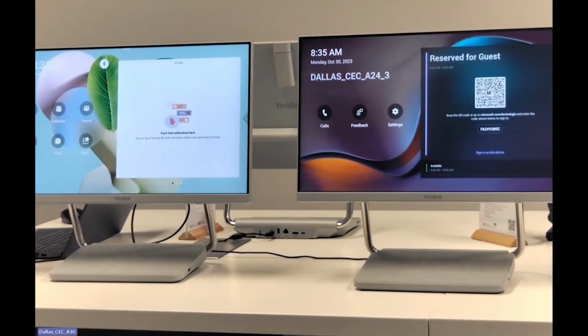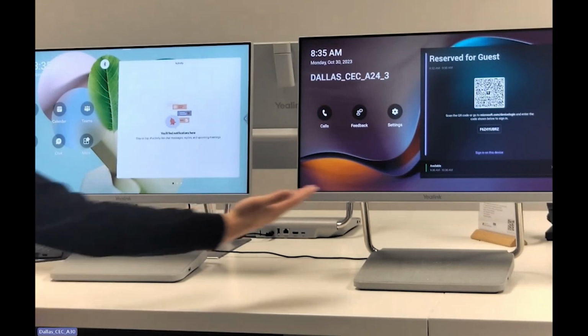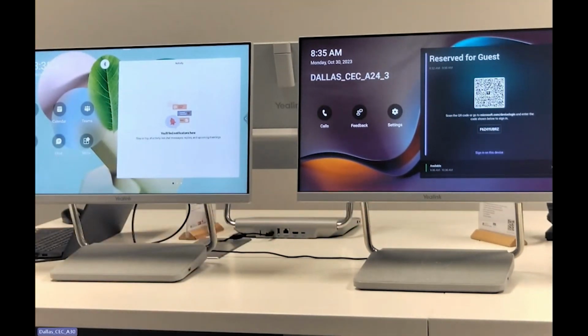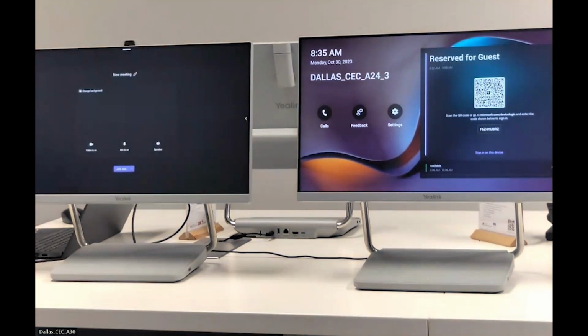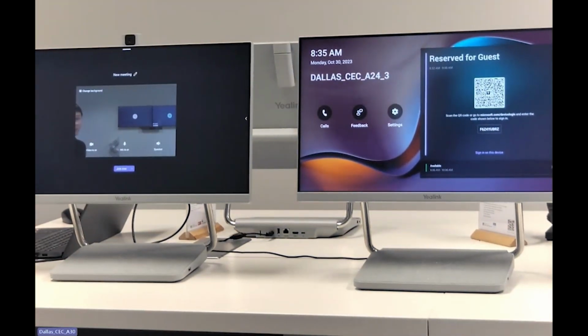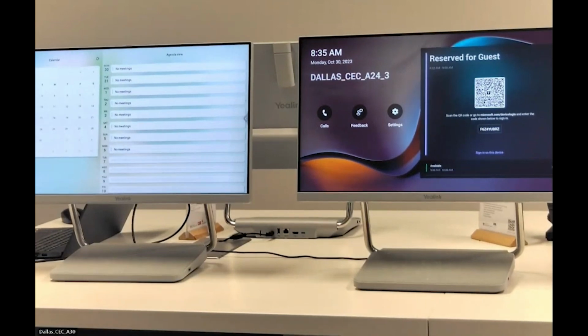So you can see two different interfaces: personal account and Teams shared account. It's an all-in-one Android device with a base charging station that can be used for a smartphone. It's also waterproofed, with built-in mic, camera, and speaker. You're probably wondering where the camera is. It's actually behind the screen. When you join the meeting, the camera pops out automatically like that. End the meeting, it goes back. We made this functionality really obvious so your customers feel their privacy is being protected.